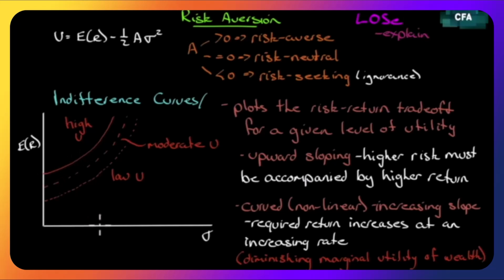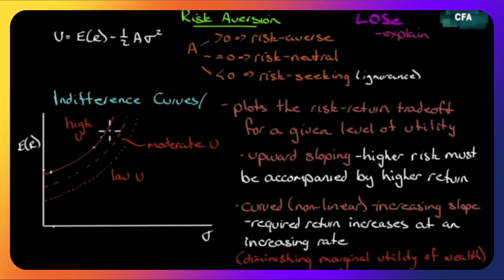As we get to a certain level of risk, each extra unit of risk requires us to get even more and more return, which is why they're sort of increasing at an increasing rate, because after a certain point in time, with every little bit of extra risk, we say, well, come on now, that's a little much. I've got to be paid a lot more for that. But when we're risk-free, we don't really need to be paid a lot to get a little bit more risk. Notice that it's a small difference on the expected return.